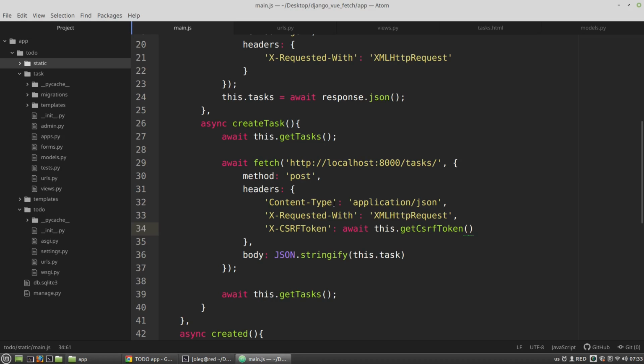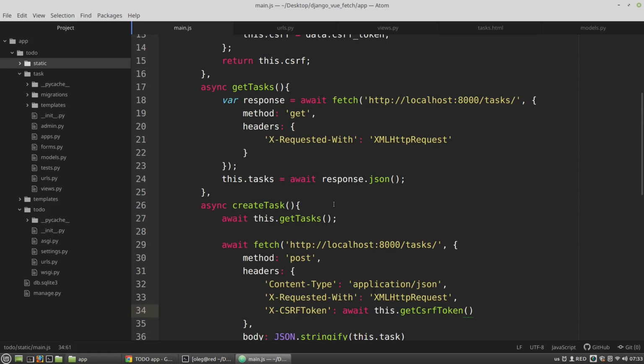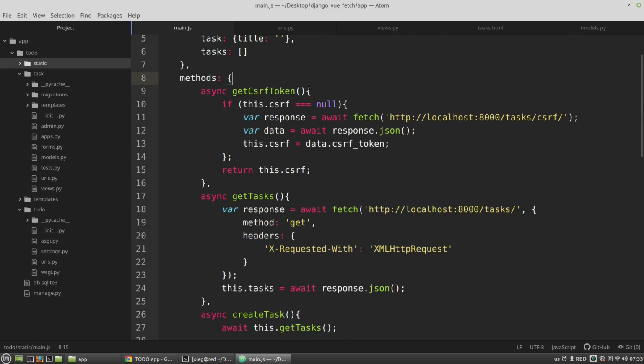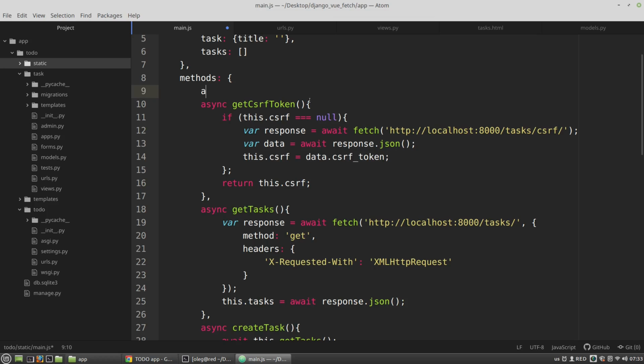It's great. But as you can probably notice, I have some code redundancy here. My both methods, maybe 3 methods, are doing almost the same. The difference is just in headers and the body of a request. So I want to define a more general method that will perform any request we need. Let's say it will be send request method. It should be async send request, and it takes 3 arguments: the URL, the method, and the data,